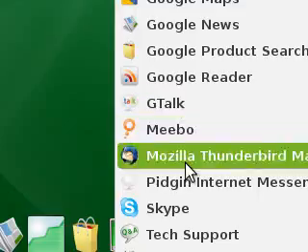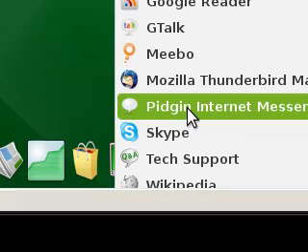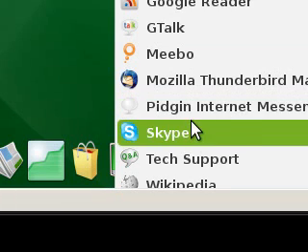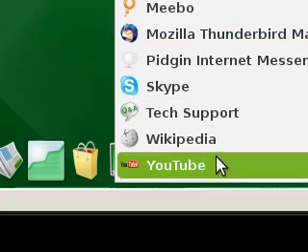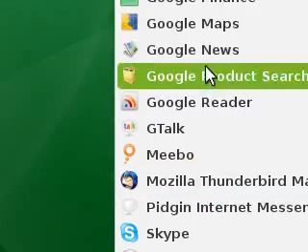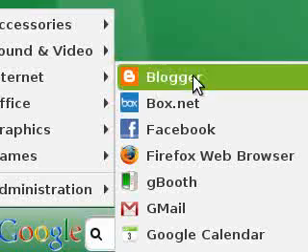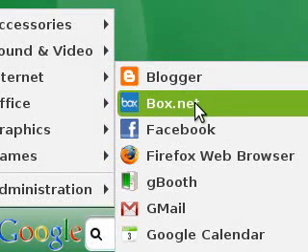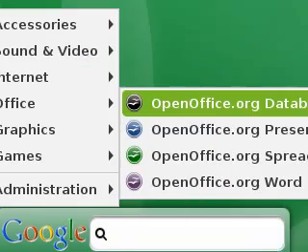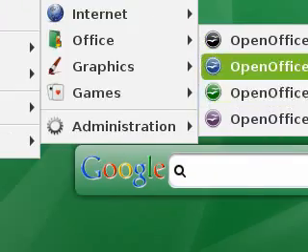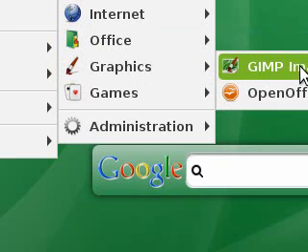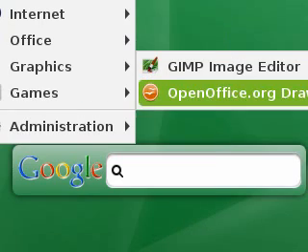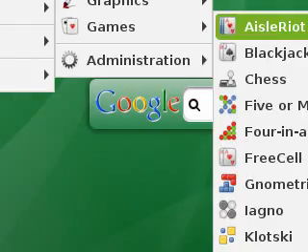So here we have all the things that you could get. You got Pigeon included in this as well. That didn't show on the dock, so Mozilla Thunderbird to check your mail. Tech support here, which didn't show on the dock. So Box.net, I believe, is an online storage, so you can upload files there. So Office, still got OpenOffice here, but you've got Google Docs as well if you want to work on the internet. So GIMP is the alternative to Photoshop, and OpenOffice has a drawing application, and all the classic games